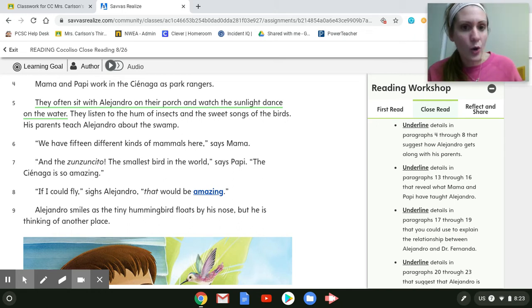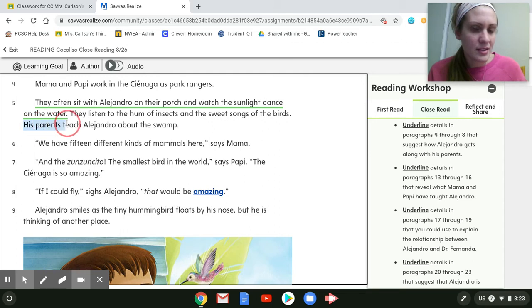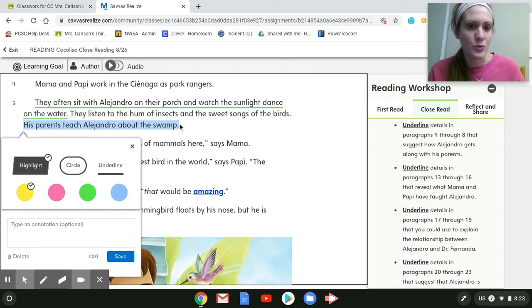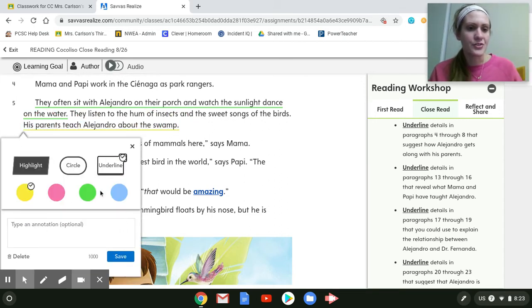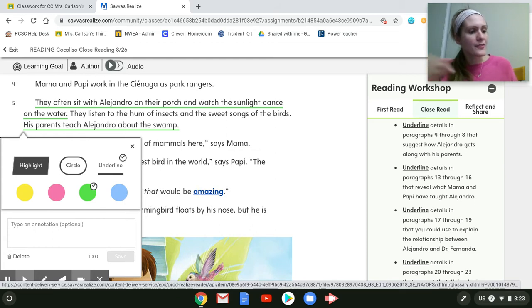And that is the part where it says, let me see if I can find it. So this part right here says, his parents teach Alejandro about the swamp. I'm going to go ahead and underline that part, choose my color, click save. Because the part that says that his parents teach Alejandro about the swamp and have him watch the sunlight dance right above,